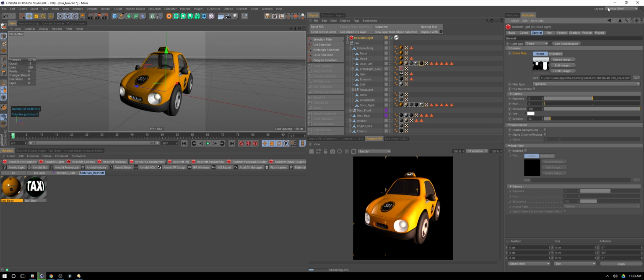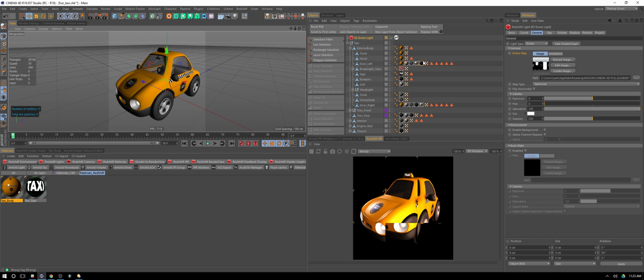So I'm going to go down to 32 so you can see how noisy it can get. That looks terrible. So let's go up to 256, and that really cleans it up. And maybe even 512 if you want to get it super smooth. Kind of nitpicking at that. I think 256 is going to handle it well for the time being. We can go in and adjust more in a few minutes. So I've cleaned that up, making it look pretty nice, and now we can go back and focus on the